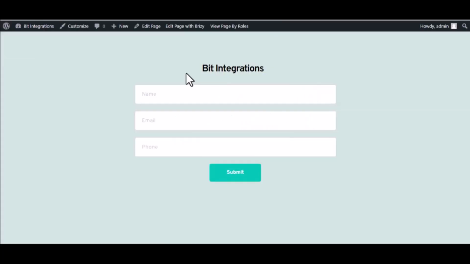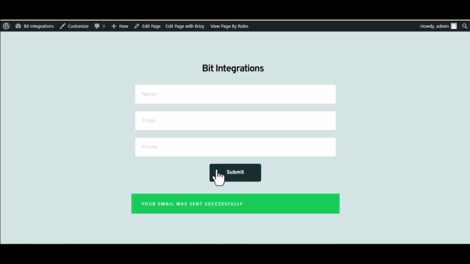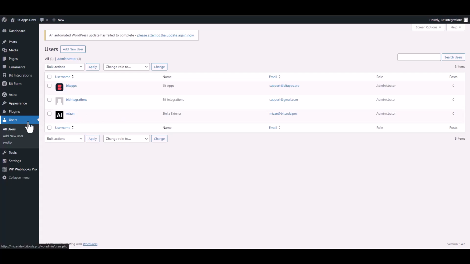Now go to your form and type some information. And submit the form. The form is successfully submitted. It appears that the user has been created